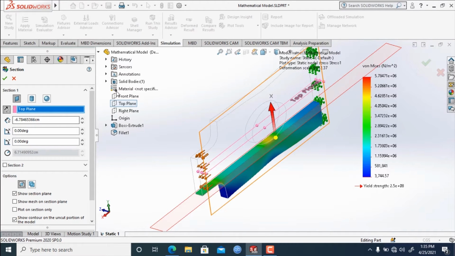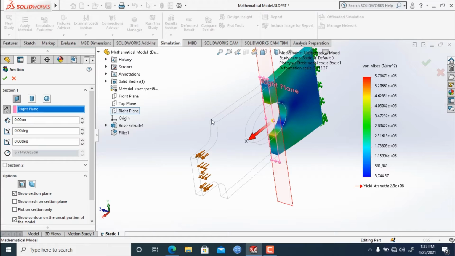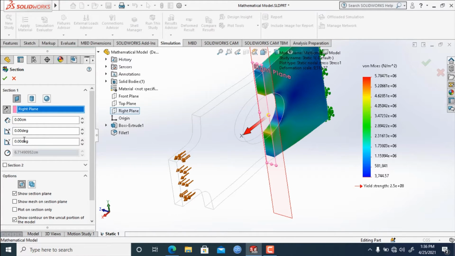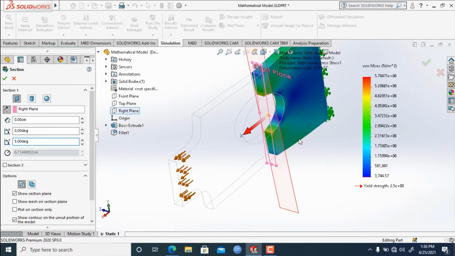So let's clear selection, and let's click on right plane. As we can see here, it is showing the right plane sectional view. Here we can change the angle of the reference plane. If we give it 5 degrees, as you can see the surface has now been angled.